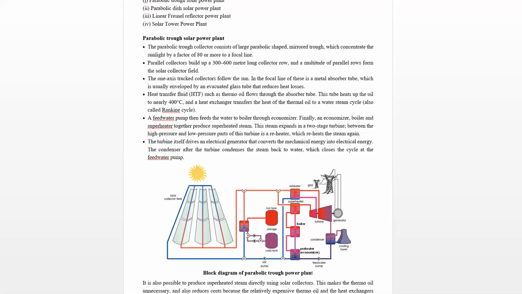You see, since the sun has two kinds of motion across the sky from morning to evening, it moves from east to west and simultaneously rises upward from morning to noon, and then goes downward from noon till evening. So two axis tracking is required to focus radiation exactly onto the focal line. But since